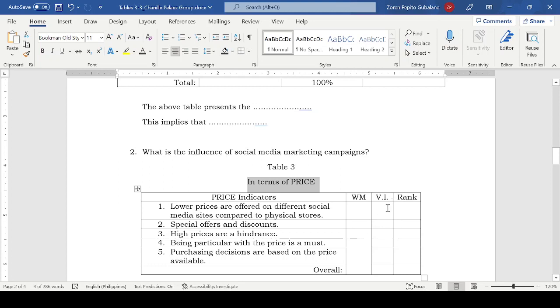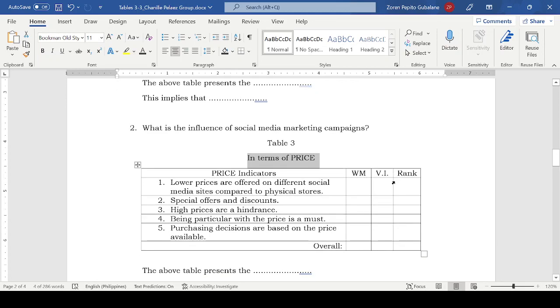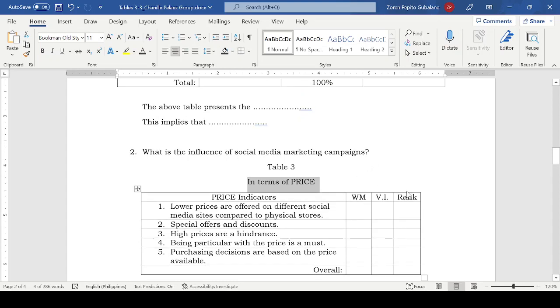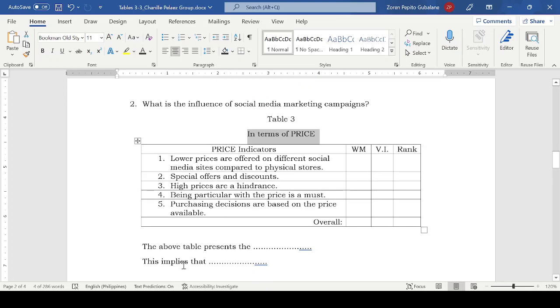What is the verbal description for that? Okay, and then you rank them, no? You rank them accordingly. So for purposes of this presentation, hindi ko na nilagay yung legend, but on your actual writing, dapat naglalagay talaga kayo somewhere below the table or somewhere above the table, your legend: what is 5, what is 4,